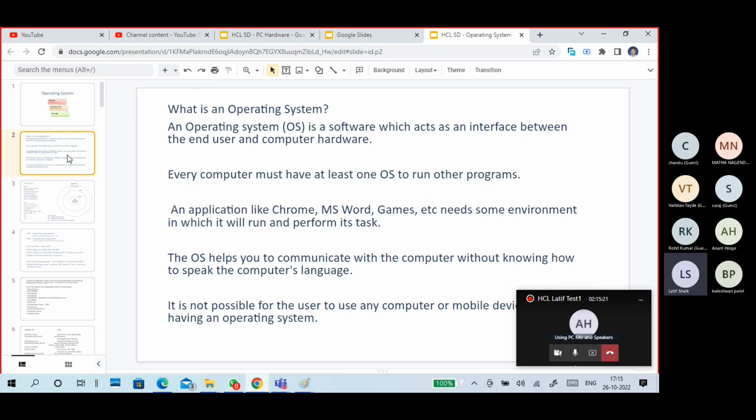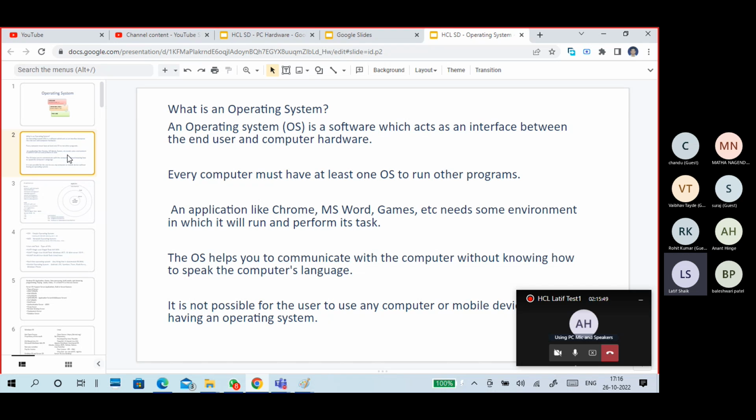So what is an operating system? It is a software or a program which interacts between the end user, meaning I'm an end user, and my computer hardware. So it is the interface between my laptop hardware and me. The operating system provides an interface to the user and it interacts with your hardware.